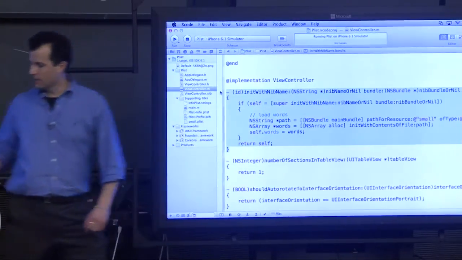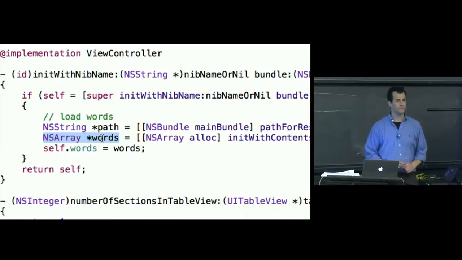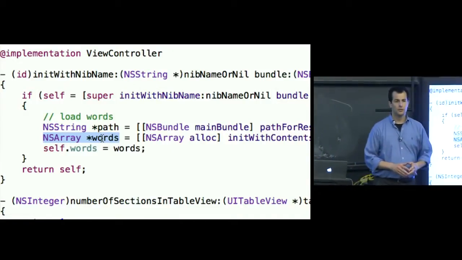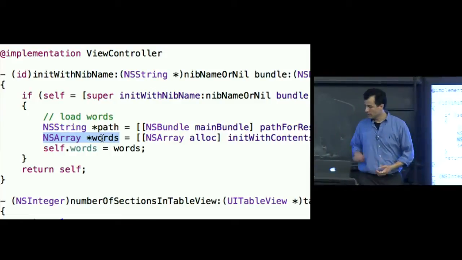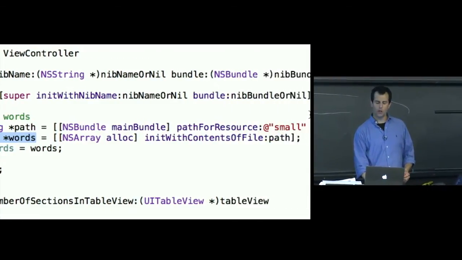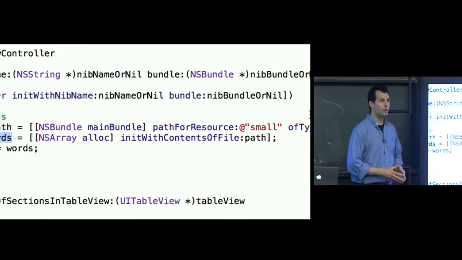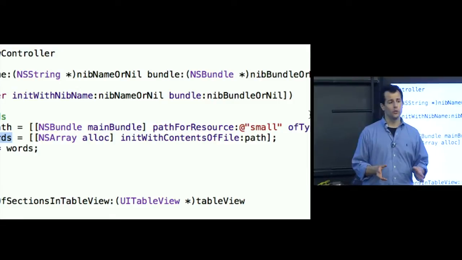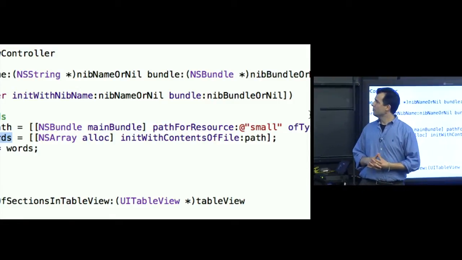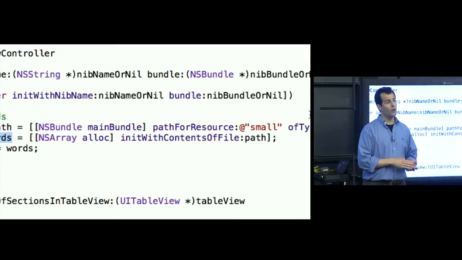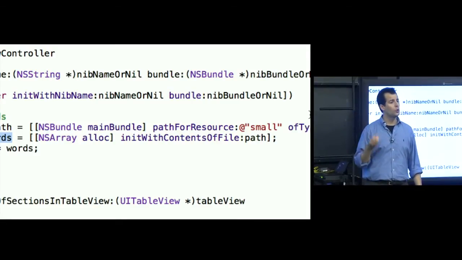Then I'm doing this. On the left-hand side, what's going on here in this highlighted portion? Good. I'm creating a pointer to an NSArray object. And on the right-hand side, I'm calling NSArray alloc initWithContentsOfFile. So there's a bunch of different ways to do this. I have chosen to use NSArray's alloc method, and then the init method called initWithContentsOfFile. And it turns out that if I read the documentation for that method, it just knows how to load that